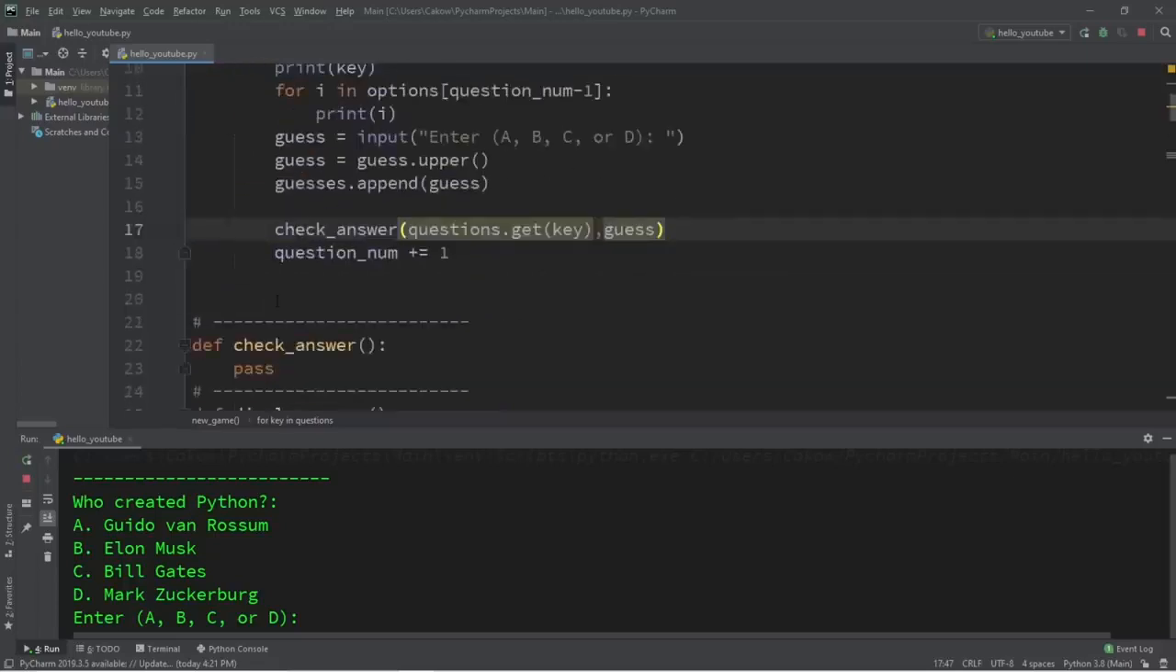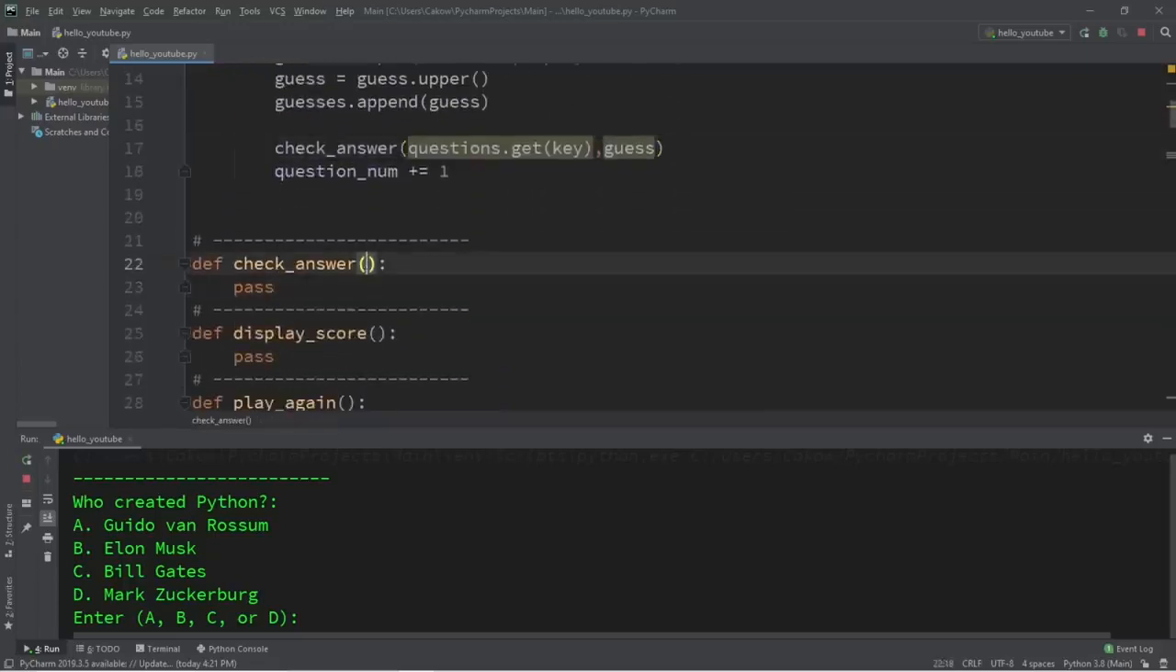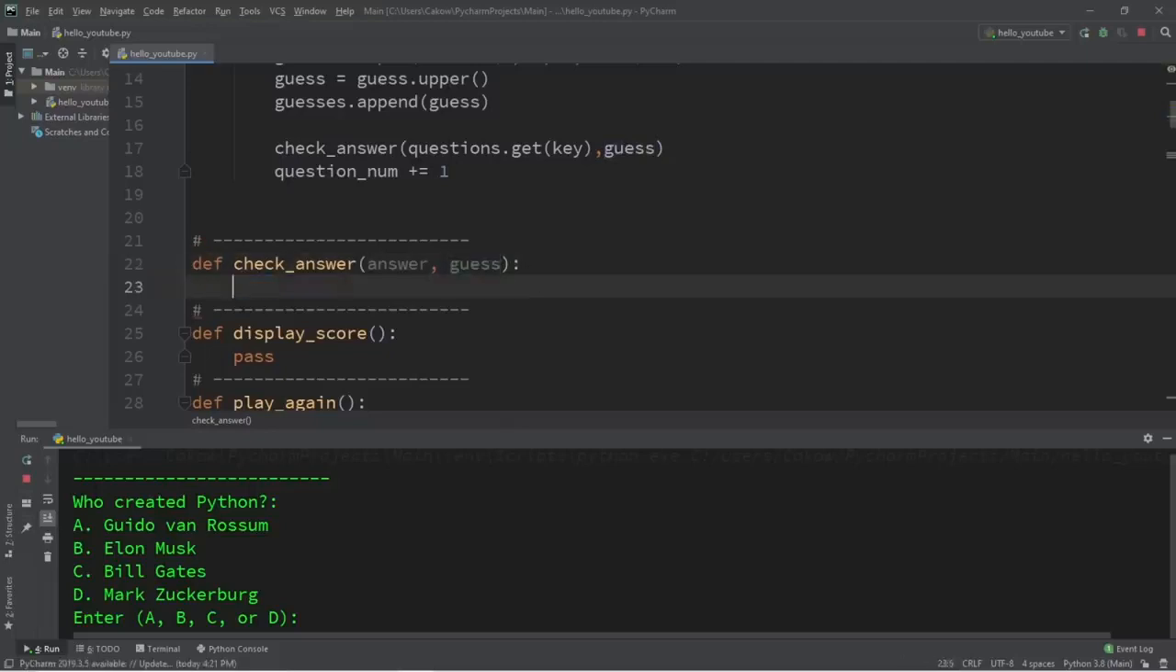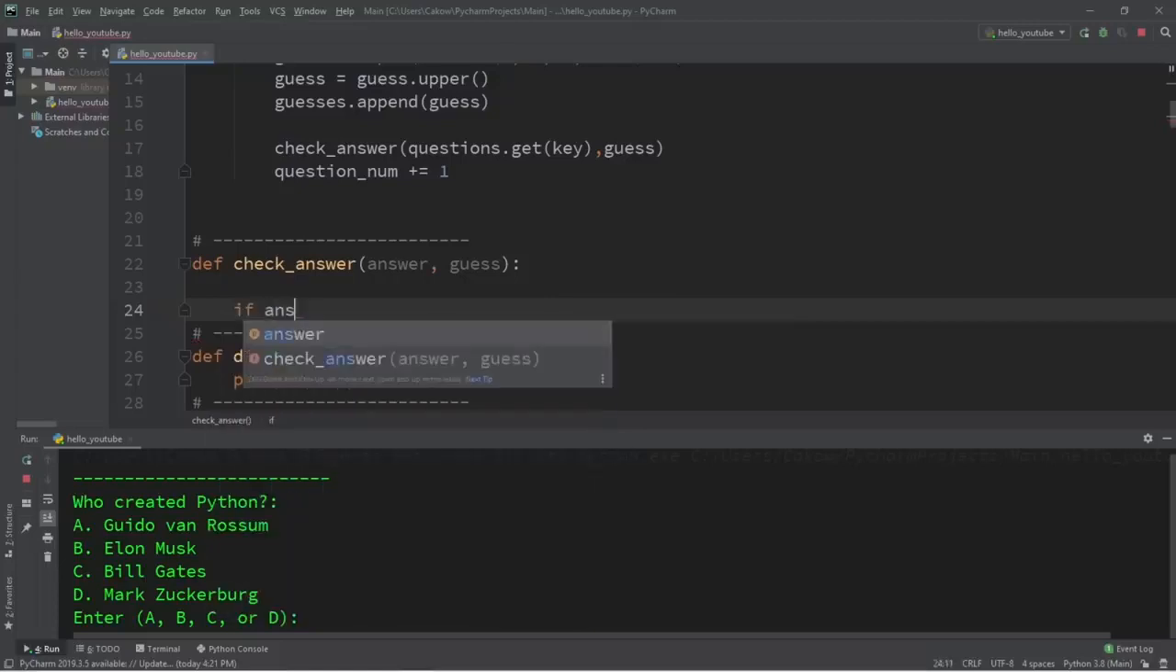And we are going to fill in the check answer function, but we need to set up the parameters. We're receiving effectively our answer as well as our guess. So I'm going to name these as answer and guess. And we are going to check to see if our answer is equal to our guess. If answer is equal to guess,